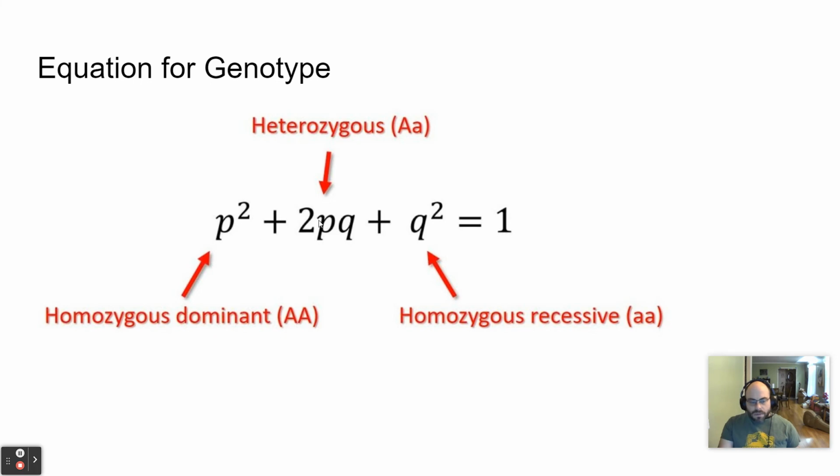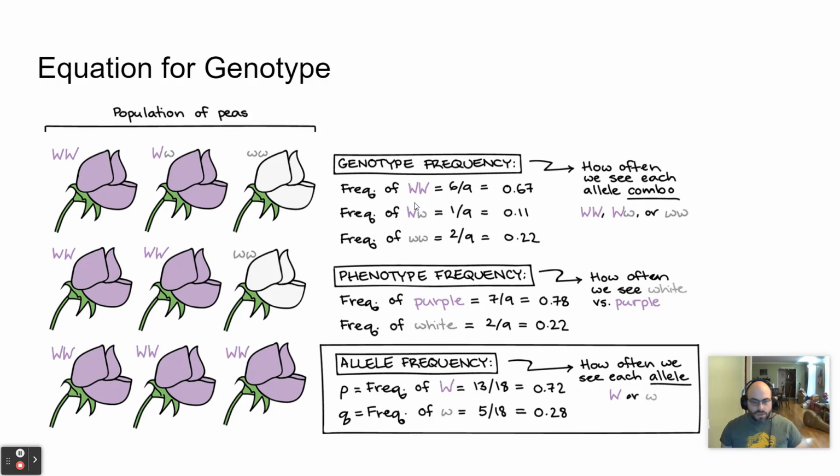And so p squared plus 2pq plus q squared equals 1. q squared is, again, the percentage of homozygous recessive. Those are all equal to 1, which represents 100%. If you have these, you can figure out the number of individuals that have that in a population. And of course, if that number changes over time, you have evolution. All right. And so this is what this is showing you here.